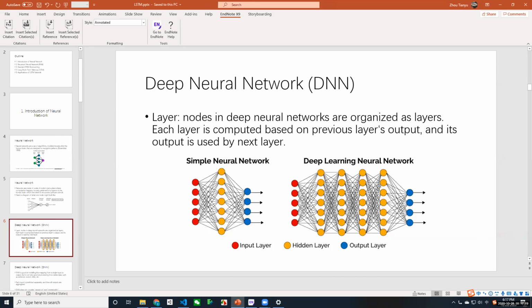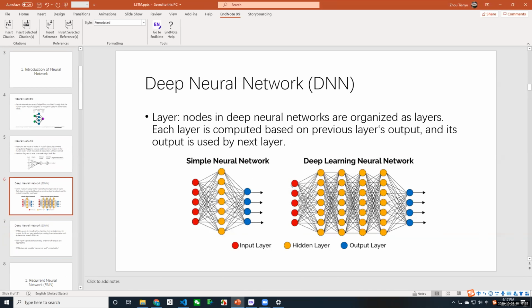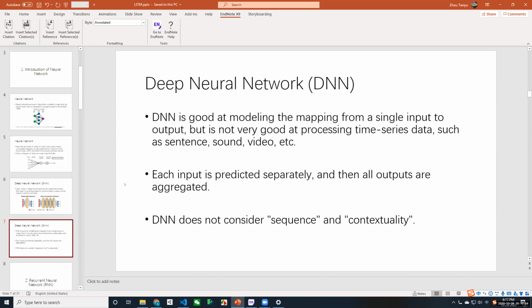A deep neural network has a lot of hidden layers. There are so many hidden layers that it becomes deep, so people call it a deep neural network. So now you know what deep learning is: deep learning is actually just a really deep neural network. The computational complexity of a deep neural network increases, but the ability to solve problems also becomes stronger. And DNN is good at modeling the mapping from a single input to an output,